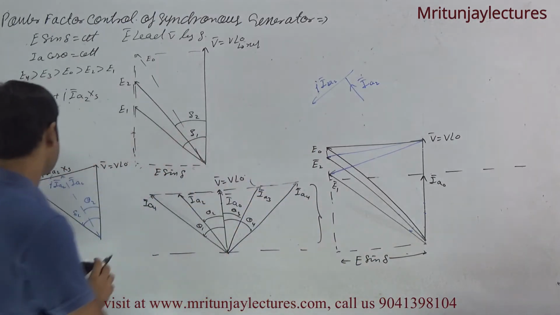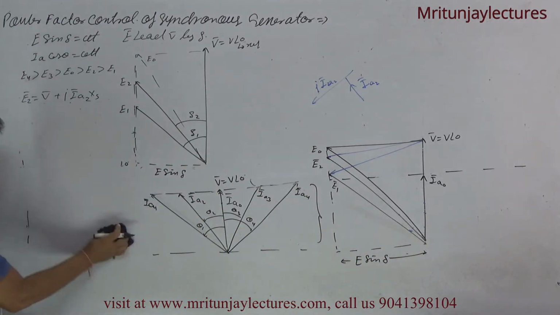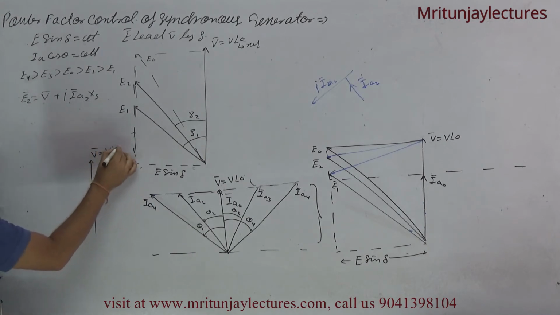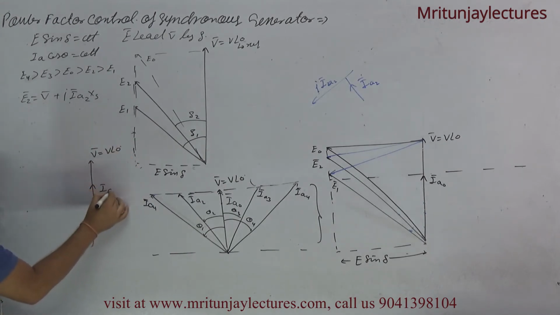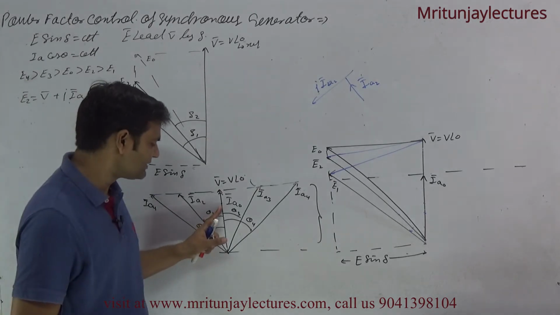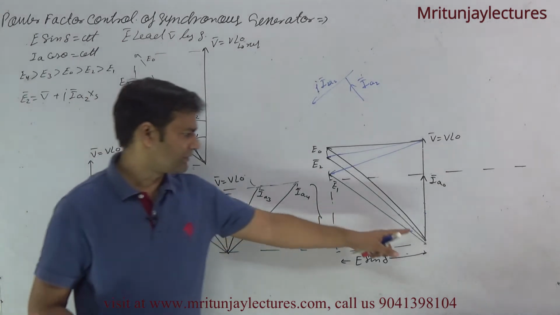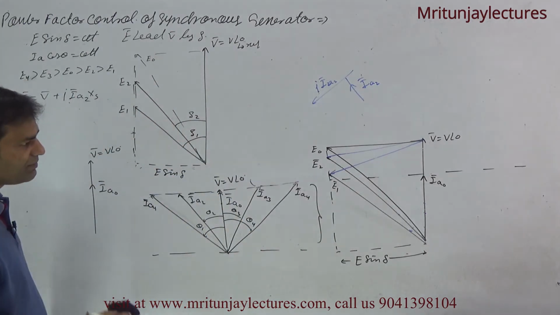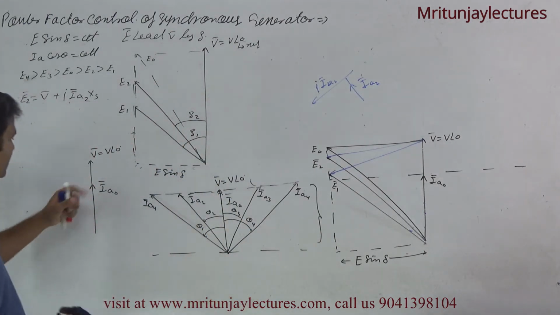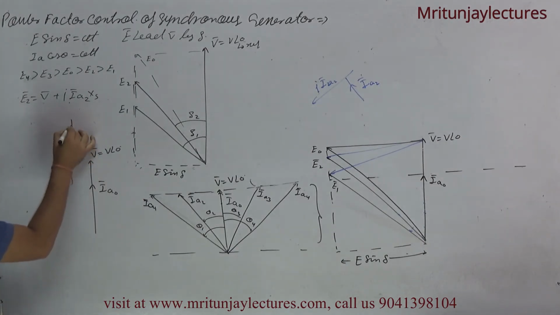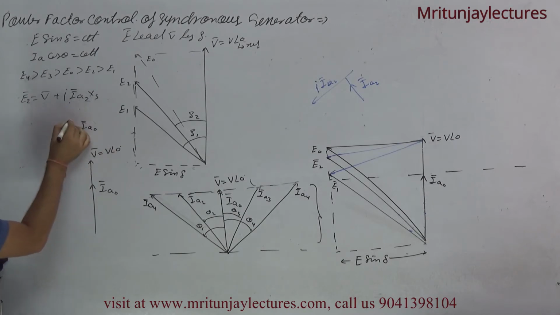In this case, if the excitation voltage corresponds to E0, that means V will be equal to V at angle 0, and what about the armature current corresponding to nominal excitation? Unity power factor, that's why Ia0 is represented in phase with V, like this. And what about j? If Ia0 is like this, then what about j Ia0?